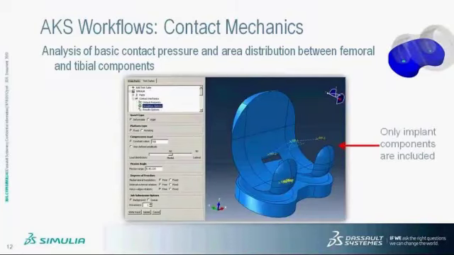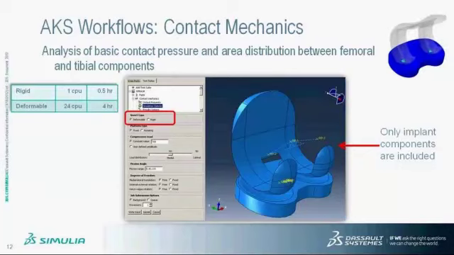Here, I want to highlight that only the knee implant components are included in this workflow. And also, there are functionalities that are common across all different workflows. First is the insert type. We offer the insert to be modeled as both deformable and rigid body. The reason for providing this option is to give the user the functionality to run the simulation quickly as rigid body for a quick evaluation, while when they need to produce accurate contact pressure, they can run the simulation as